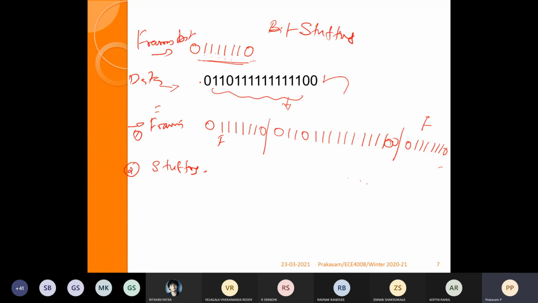In the information, you add the stuffing bit after 5 consecutive ones. Because if you add it only after 7 consecutive ones, the 6 ones and 0 will be counted as the framing, so the receiving side will discard it.